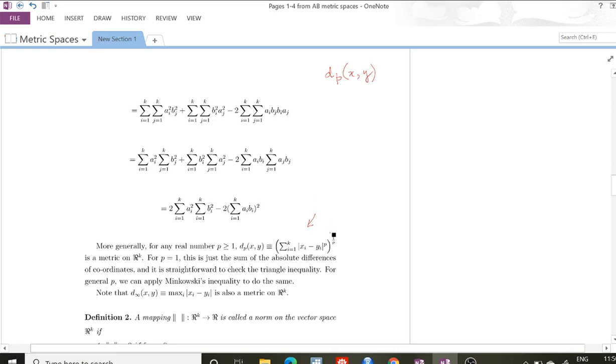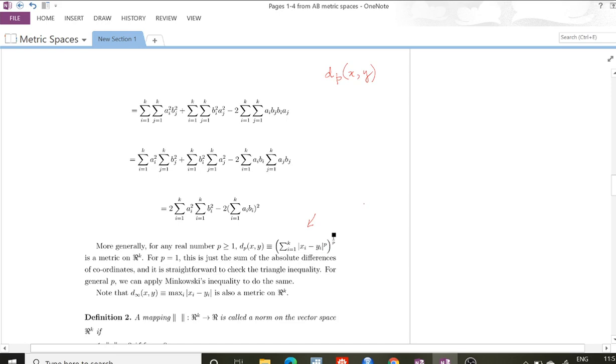So the generalization is this. This dp notion of distance between 2 points x and y does the following. For every coordinate i, take the difference xi minus yi in absolute value, raise that to the pth power, add all of these up across all the i coordinates, and then take the pth root. So you can see that if I put p equal to 2, I get exactly the Euclidean